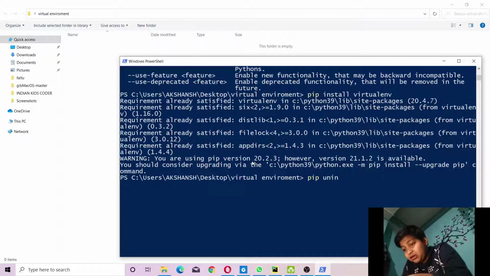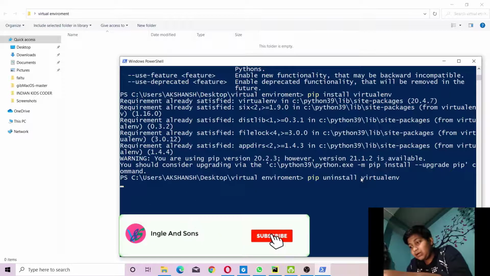I never uninstall anything which is important. In order to install a package, you type pip install and the name of that package, and if you want to uninstall, then you type pip uninstall and then the name of that package.